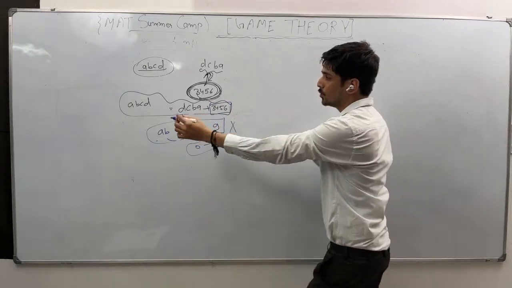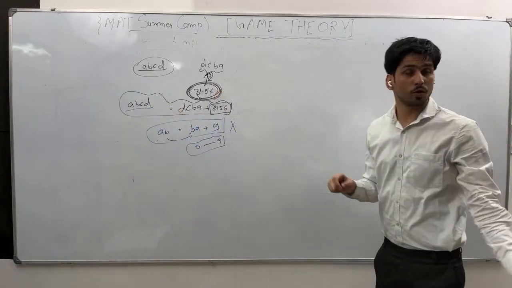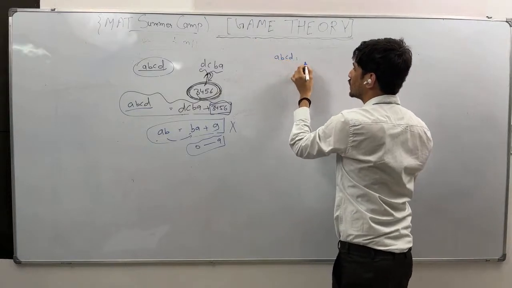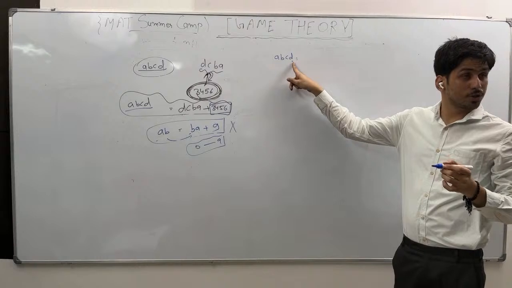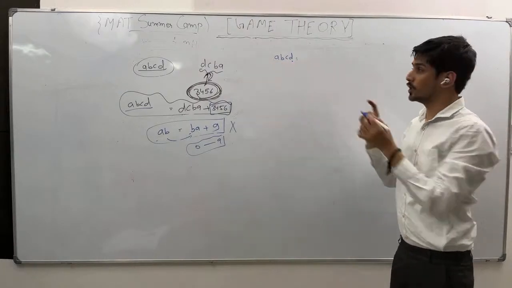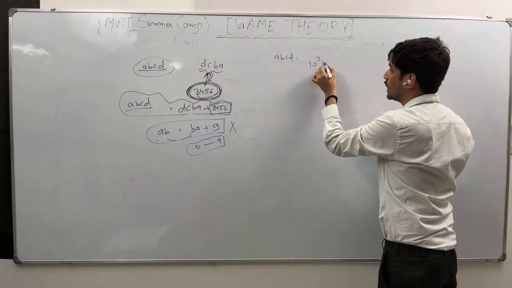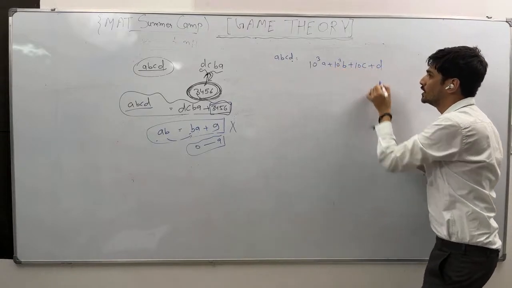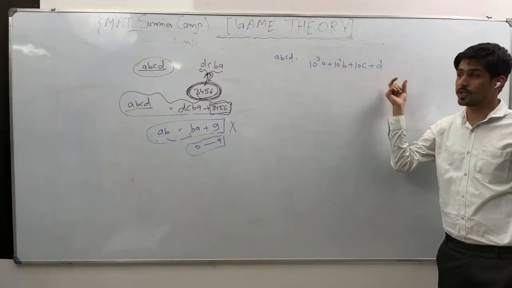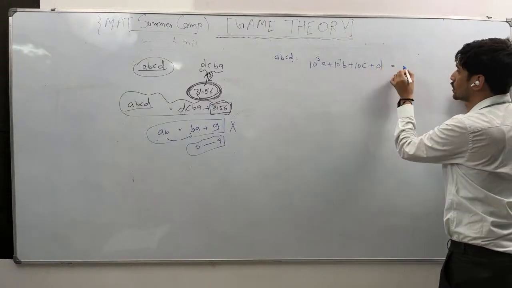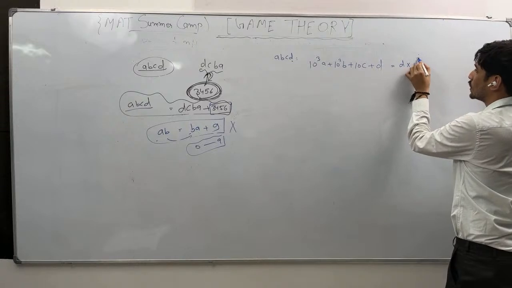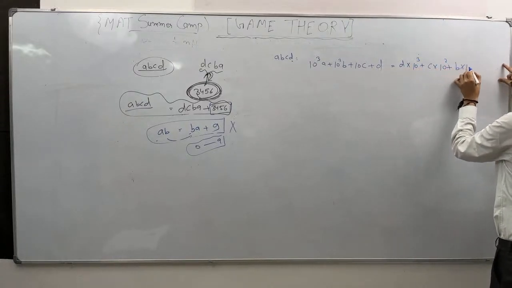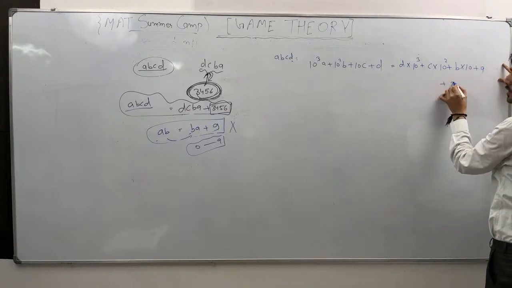You see how will you do? A, B, C, D number is given. So this number, can I write in this expanded form something like this? This will be multiplied by 10 power 0, 10 power 1, 10 power 2, 10 power 3. So can I write this as 10 cube A, 10 square B, 10C plus D. Is it clear? This is the expanded form, right? Similarly, the reversed number will give D times 10 cube, C times 10 square plus B times 10 plus A plus 3456.